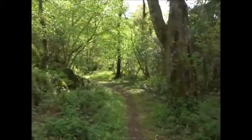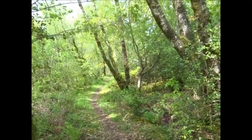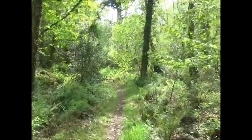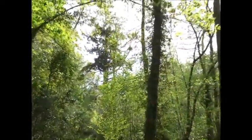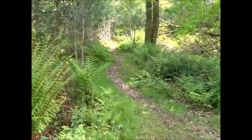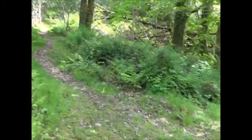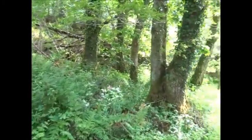Yes, and a nice looking conifer there, well over 100 feet high, that one. Okay, I'm coming up to another conifer here, which again is, I think, over 100 feet high. I didn't do this the last time, but I'll return to the car up that footpath. But first of all, I'll just...